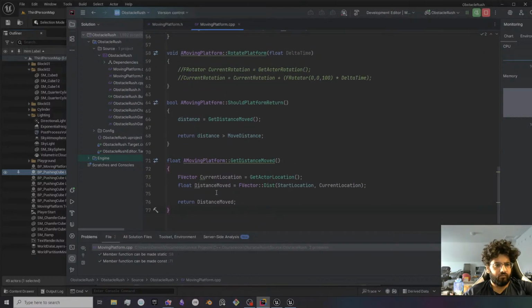Okay, welcome back. So let's go over to our header file. We'll add a new function here with a float return value called getDistanceMoved, and then we're going to have no arguments in the parentheses, and then we're going to go over to our moving platform CPP. We're going to add in a float, a moving platform,